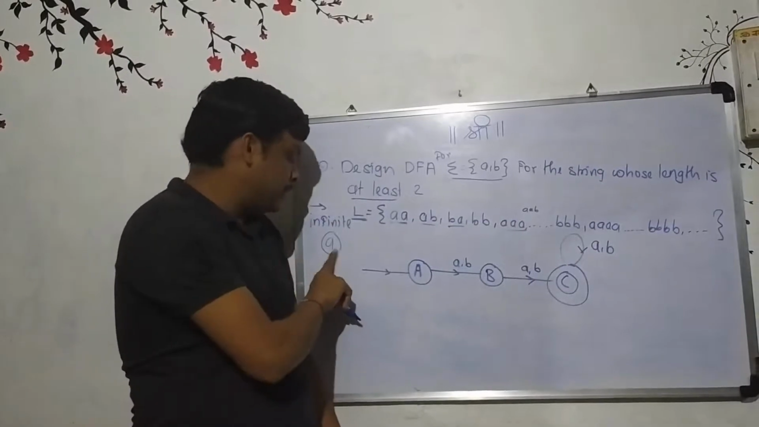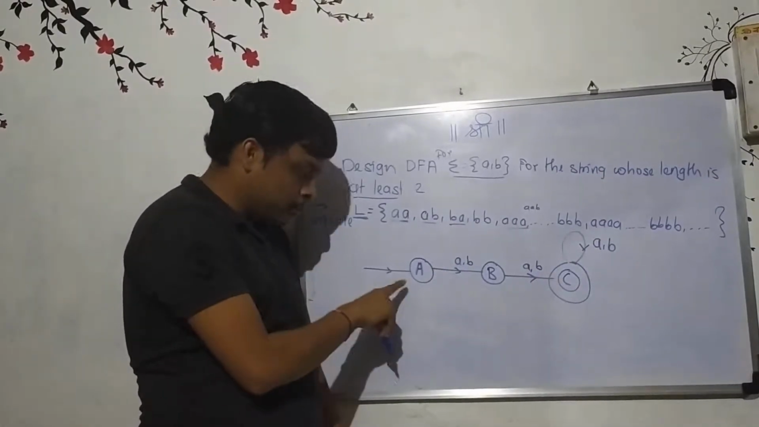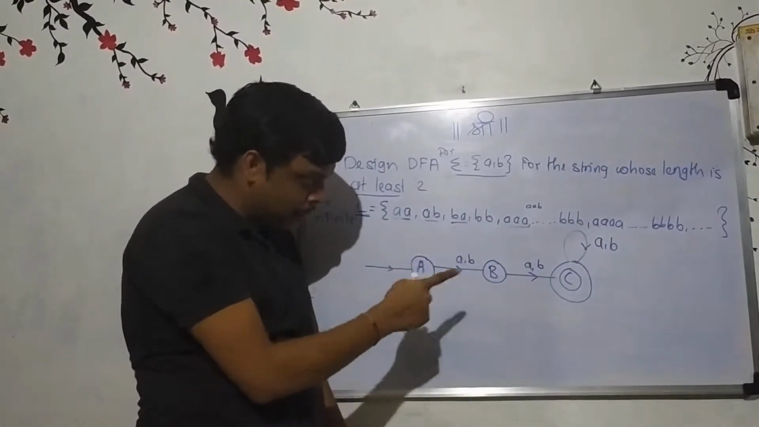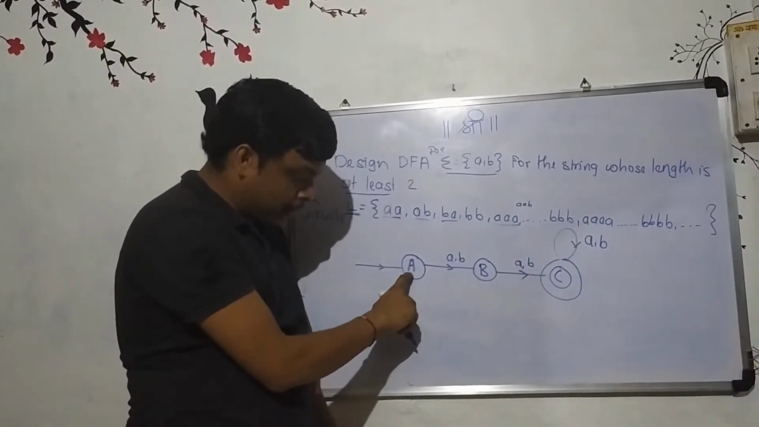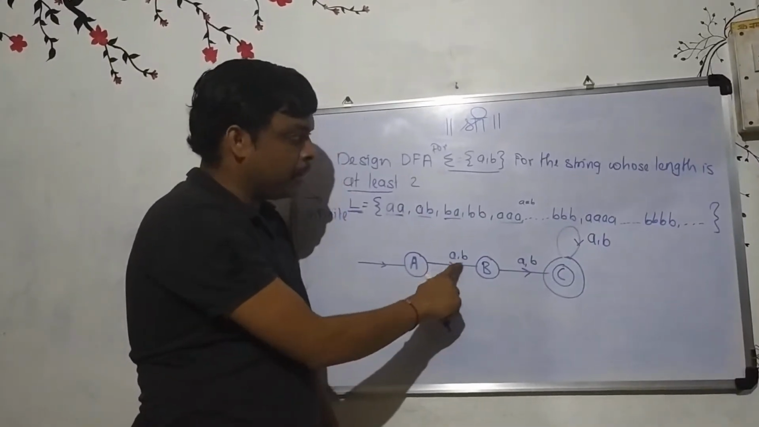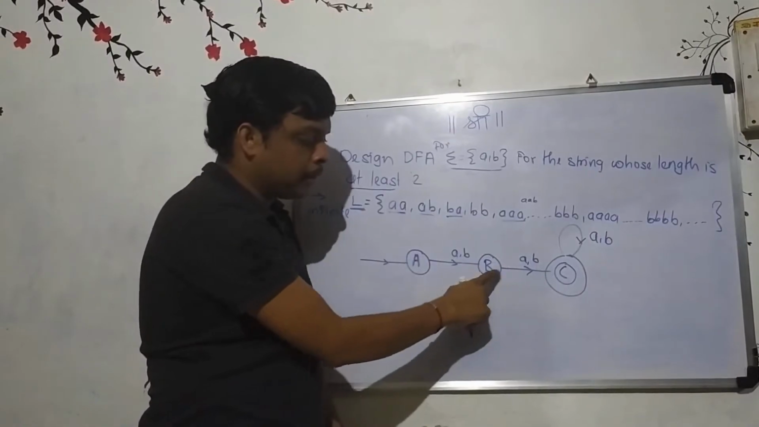And then the second point that you have to consider is that you have to check whether all states are complete or not. So how to check? From capital A we have given a path for both inputs, and from capital B again we have given